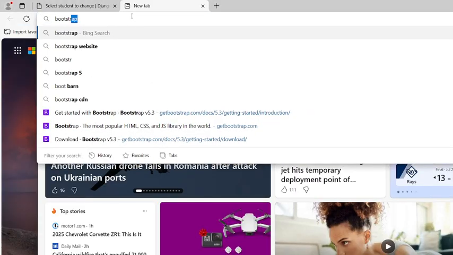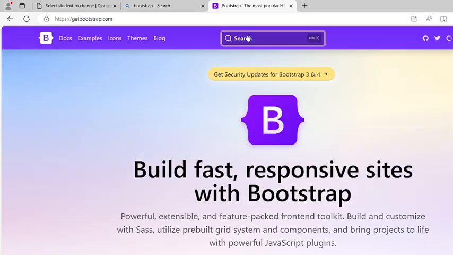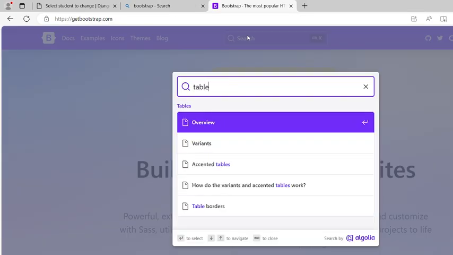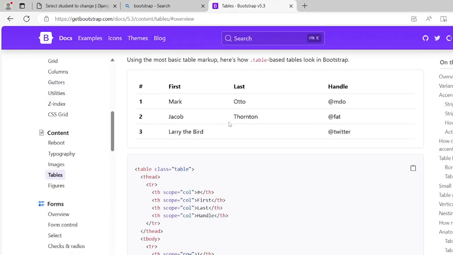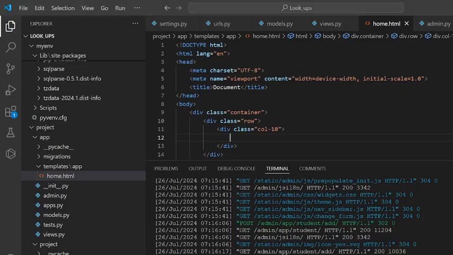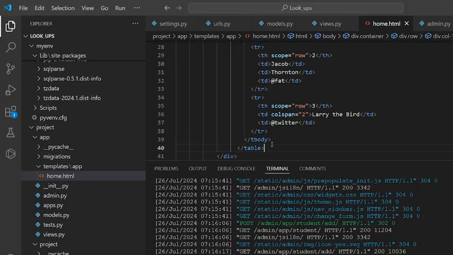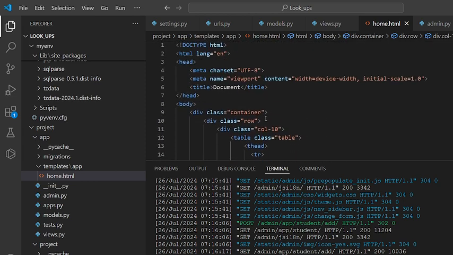Okay, so after that I'll go to the bootstrap. So let's go to bootstrap and bring in a table. Okay, so we need to bring a table. So let me go to the table. I'll bring this first table from here. I'll just do copy and paste. Okay, so in order to show this table, what I need to do is just